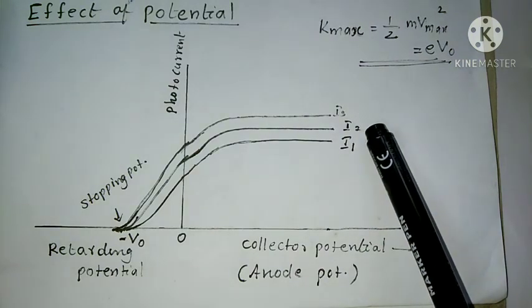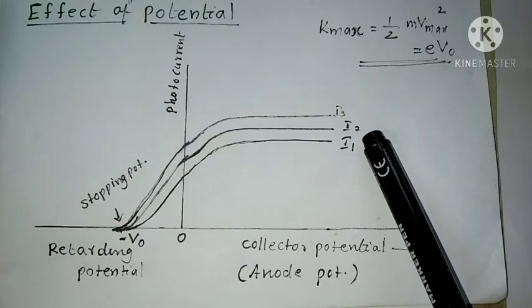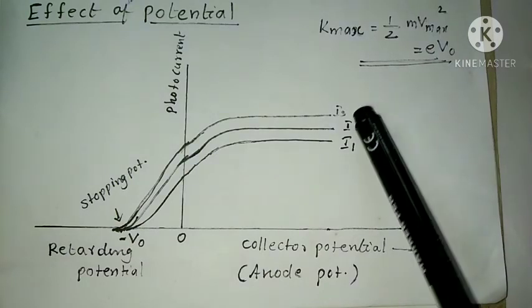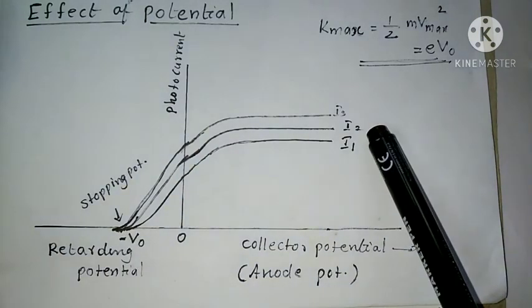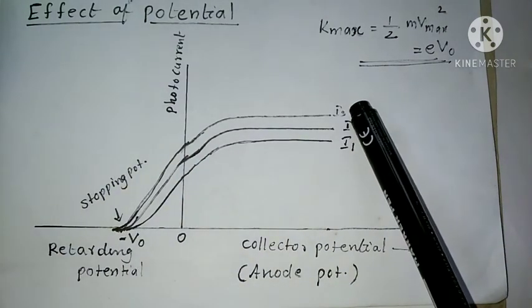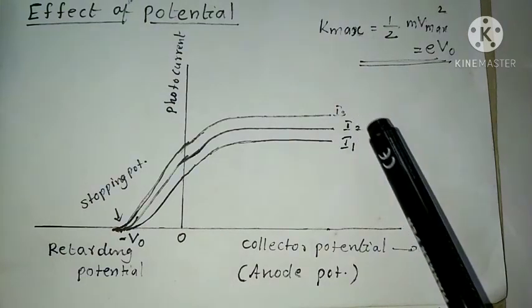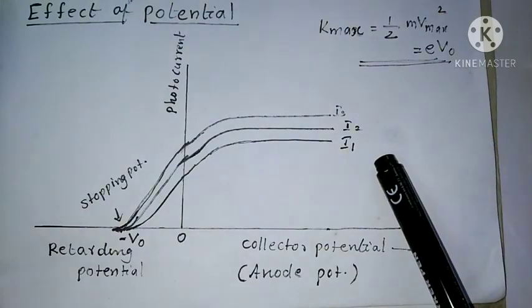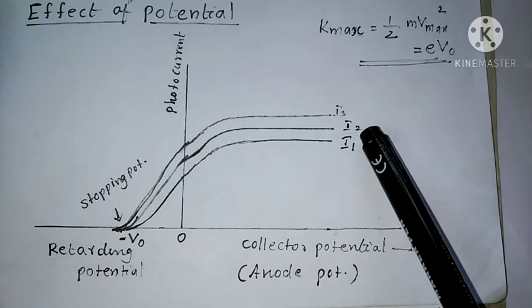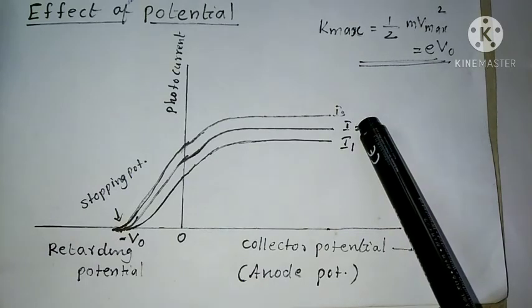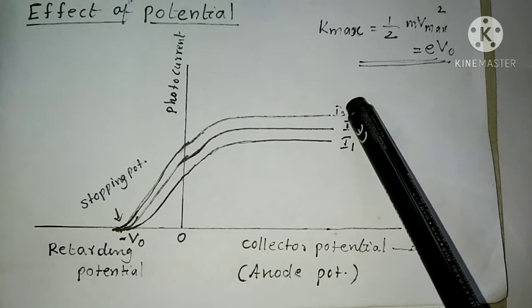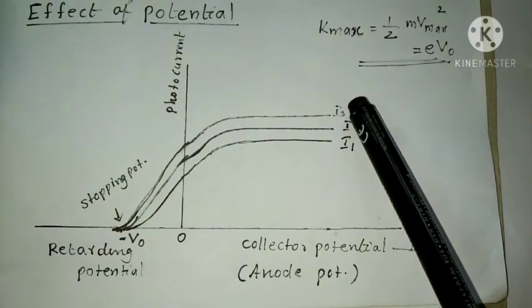Now you repeat the experiment with various intensities. But the frequency should be fixed, and you should take higher intensities. So first we draw for the intensity I1. Now you change the intensity to I2 and I3, but the frequency is fixed the same. Frequency is not changing. Only the intensity should be increased, from I1 to I2, and then to I3, with the frequency fixed.